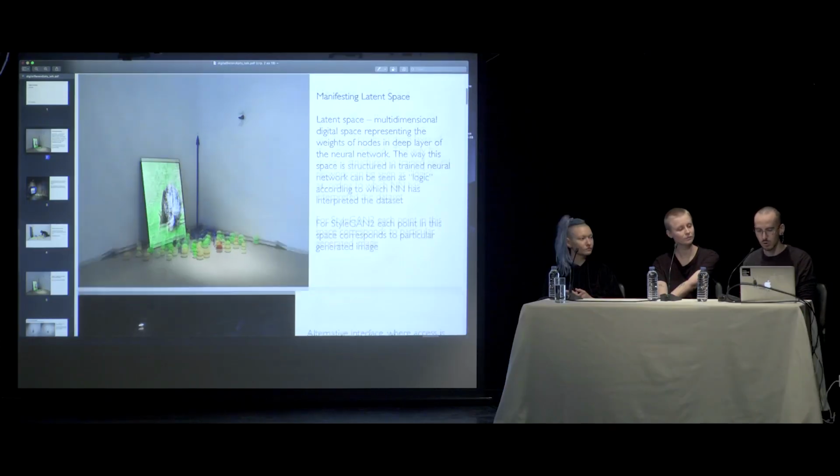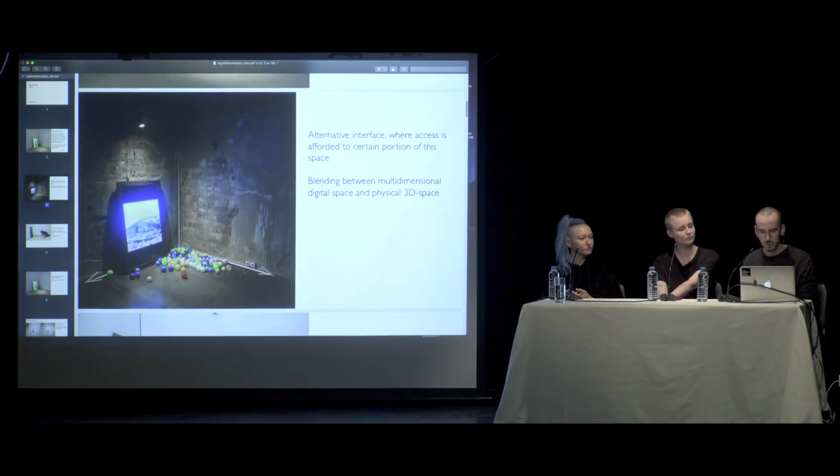For me, there are several core aspects inside of this work. First of all, what I do here in general is create an alternative interface to interact with the neural network without any type of coding or using some other conventional interface. Instead, I try to create this blending between the 3D space in which we exist, the physical one, and this multidimensional digital space, which cannot be translated into the physical one, because, for example, the architecture of the neural network which I use has 512 dimensions, and of course, this kind of